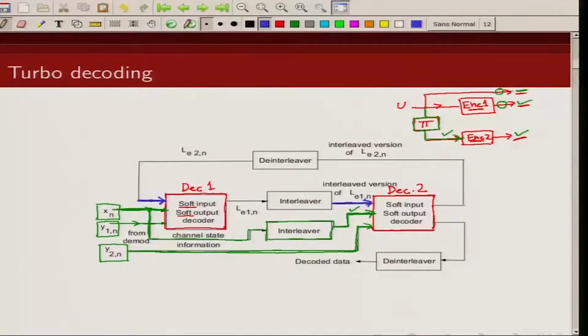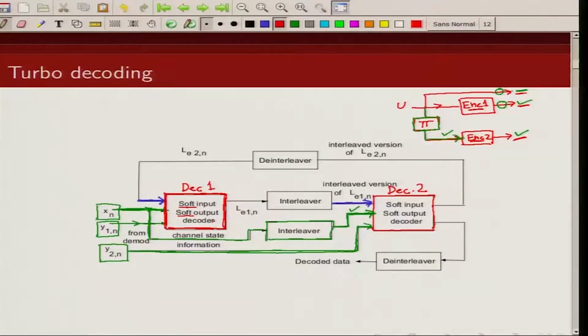So, that would be our initial a priori information. Now, once we feed these three inputs to this decoder 1,